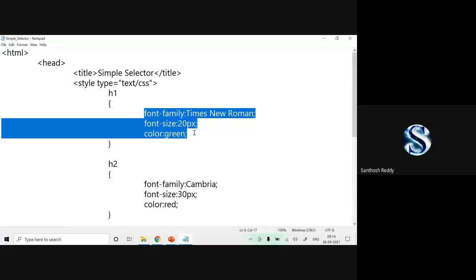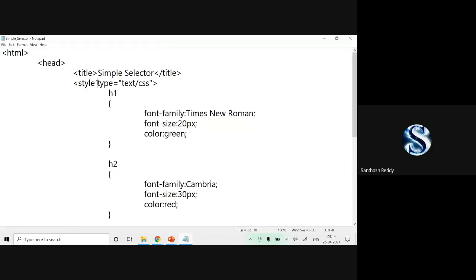That's it. Can anyone say why I have used type is equal to text slash CSS? Why I have used this attribute? In the previous class, I explained why we use type is equal to text slash CSS.